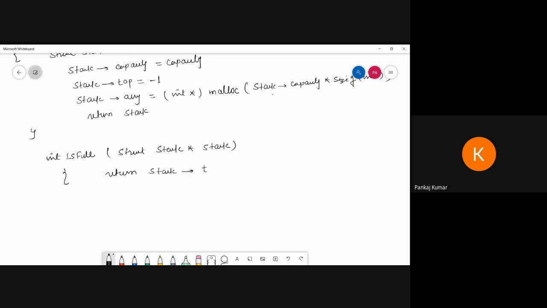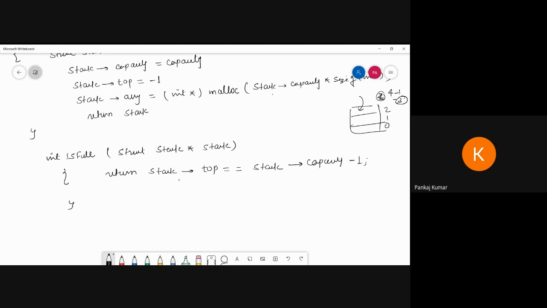Stack top is equal to stack capacity minus 1. Suppose there are 4 elements, so the indices are 0 1 2 3, so n minus 1. Capacity is 4, so n minus 1 means 3. That is the purpose I am writing this.